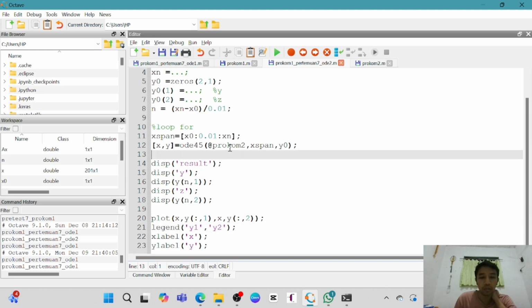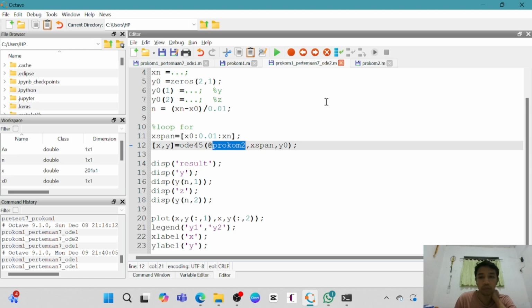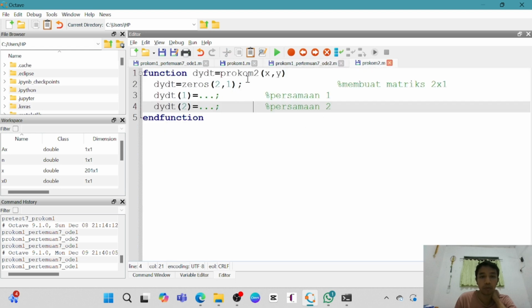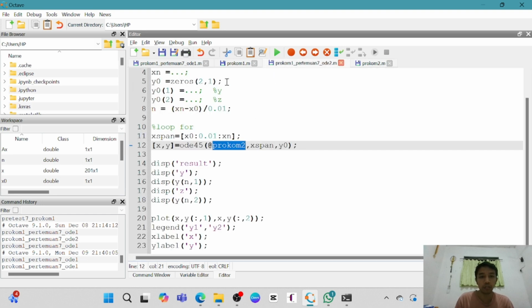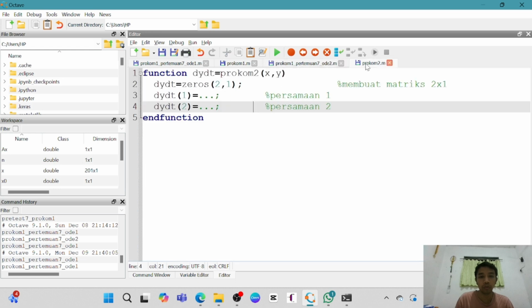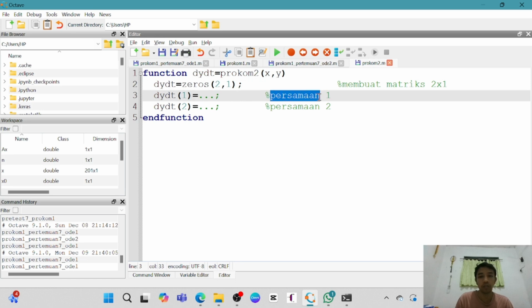We look into the function, the problem 2 function. Okay, this is the problem 2 function. In the function, we also make the matrix for the function. The matrix is the same as this, zeros 2 and 1. Then the function, equation 1, you put into this, and equation 2 after.